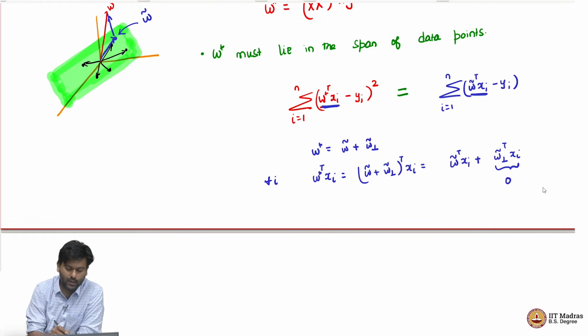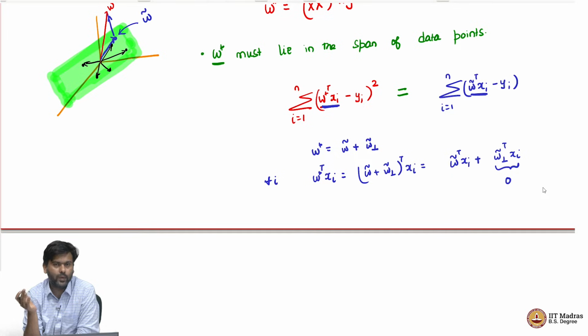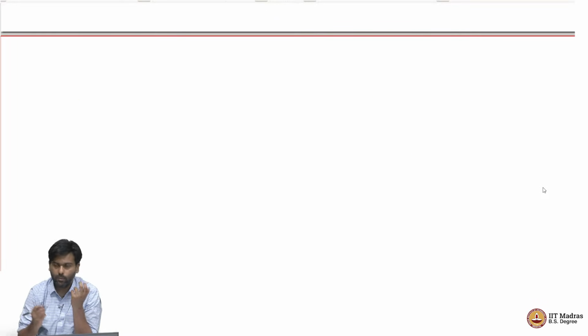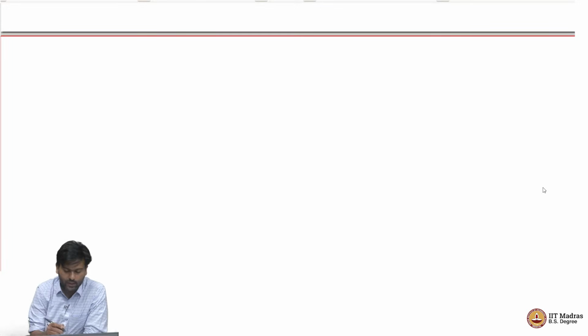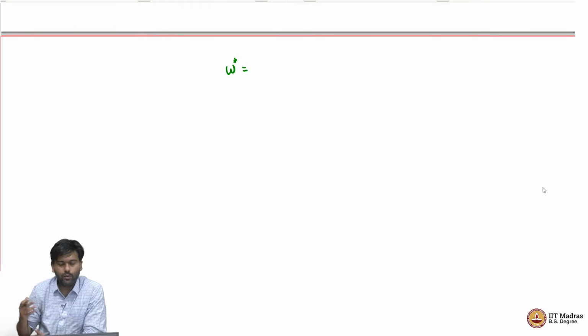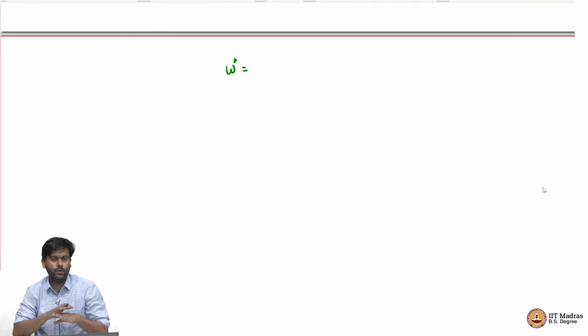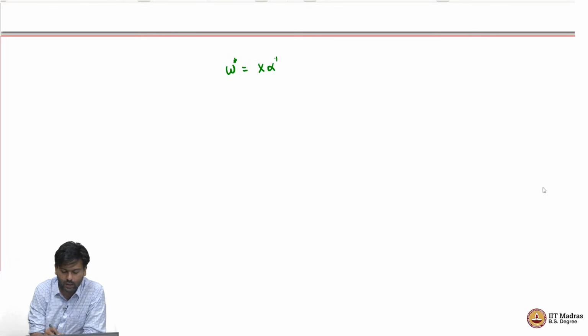So, what I can then say is that, without loss of generality, I can assume that the original W star actually lies on the plane, or in general in the span of the data points itself. I can start with such a W star because that W star is good enough for my predictions, and so I will use that W star. Okay. So, what does that mean? That means that W star equals some linear combination of your data points. Your data points are in a plane, and so a linear combination of these data points should give W star. So, it is X times alpha star for some alpha star in R n,